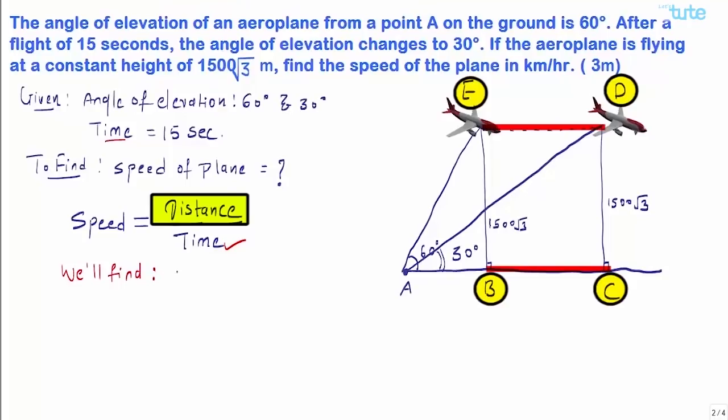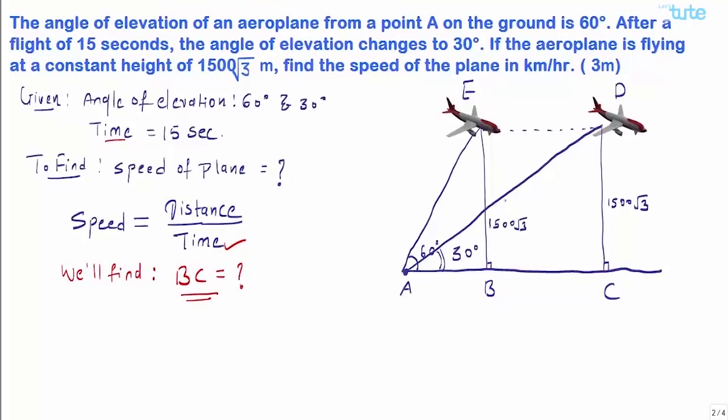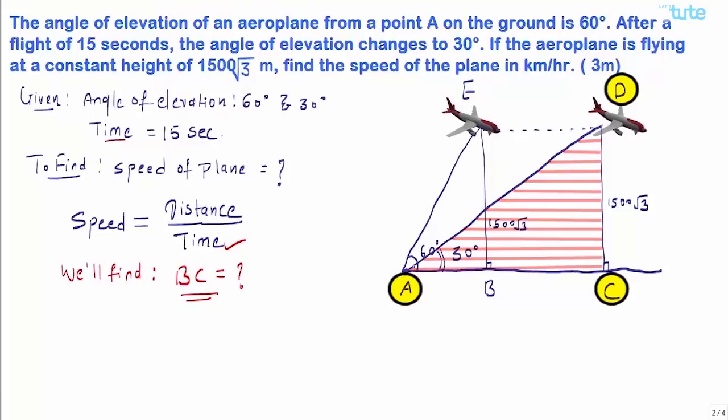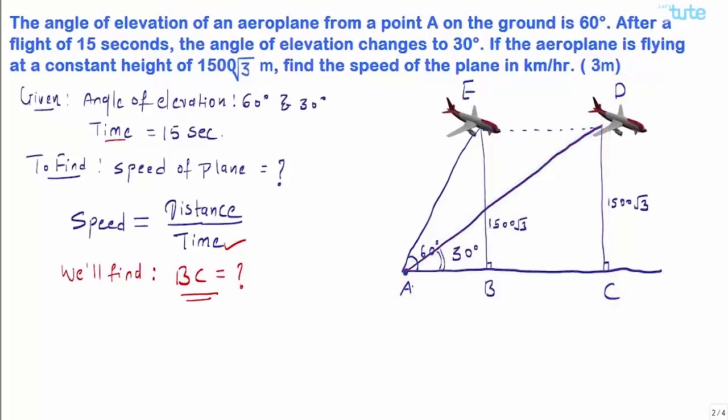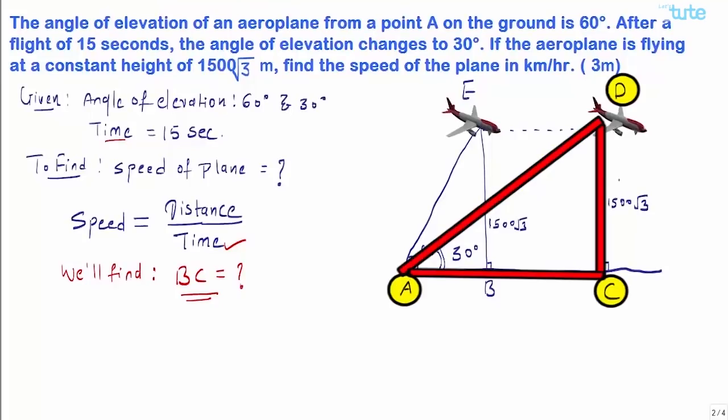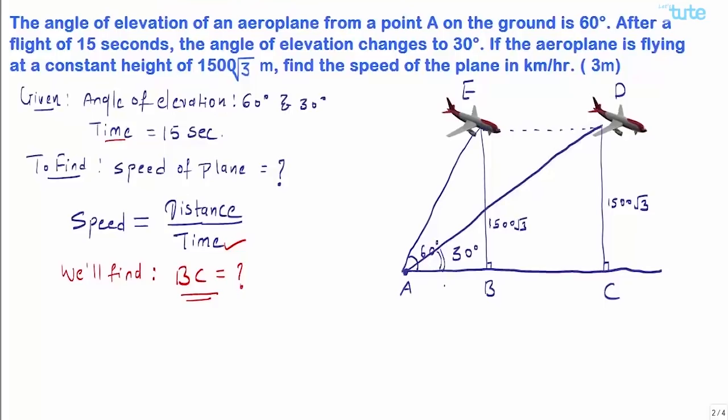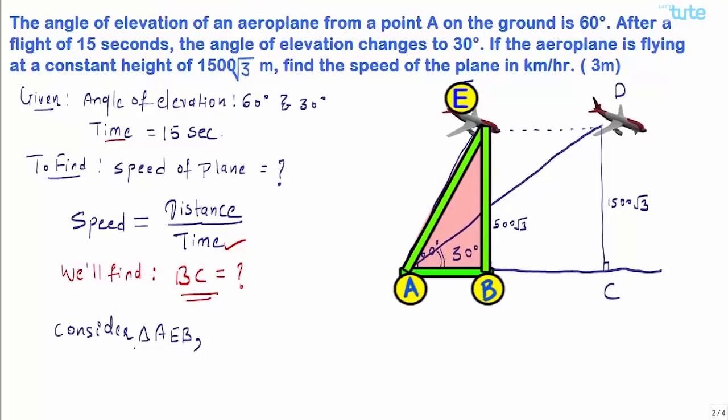So to find out the distance BC, we will consider the right angle triangle ADC, where AC is a side of this triangle. Now we can see that the distance BC is nothing but a part of side AC, which is contained in the right angle triangle ADC. So by this we come to know that we will consider the right angle triangle ADC and can find out the distance BC. But before that, since BC is only a part of side AC, we have to find out AB. So let's find out side AB by considering the right angle triangle AEB.